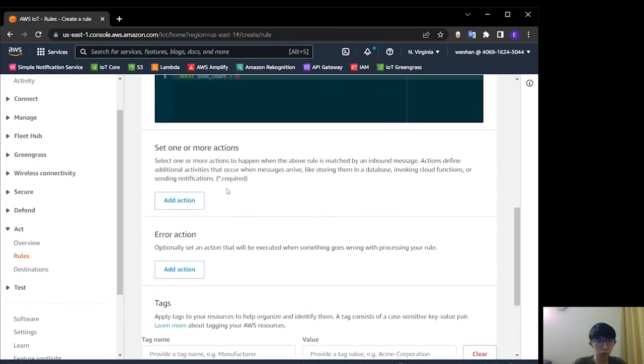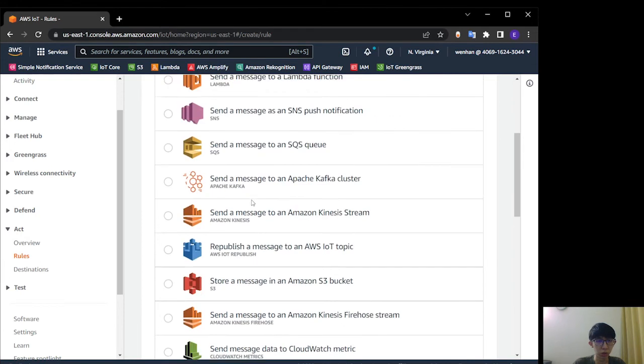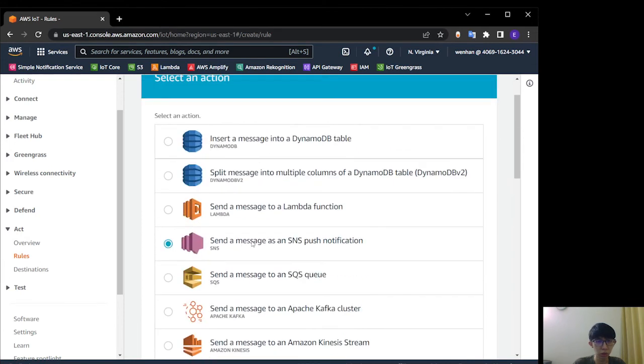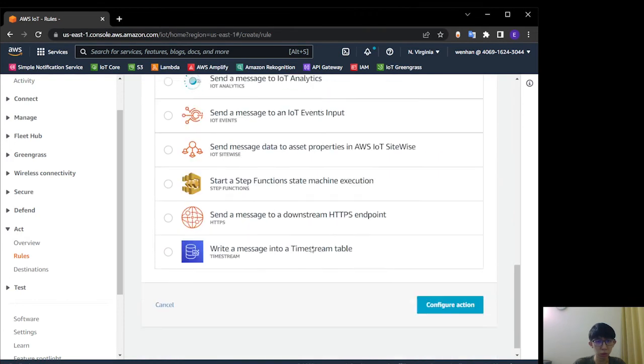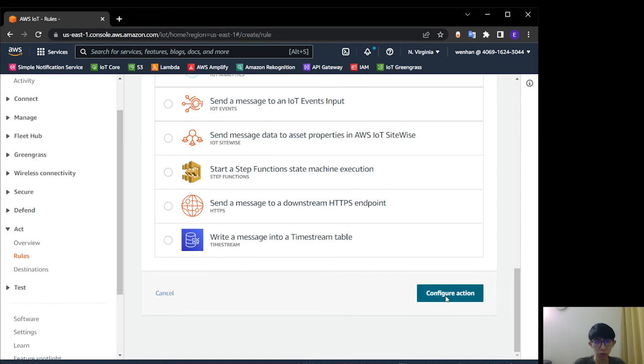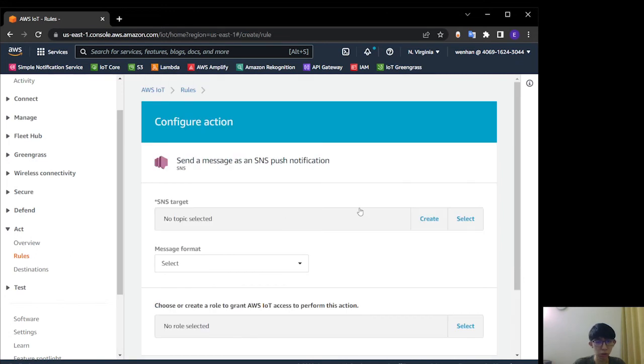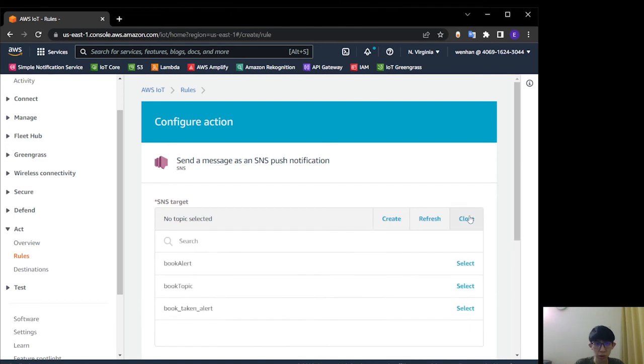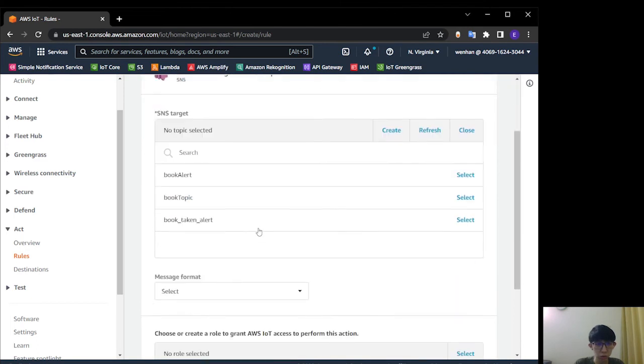Then we select add action. Select send a message as an SNS push notification. Select configure action. Then we need to select the topic we just created.